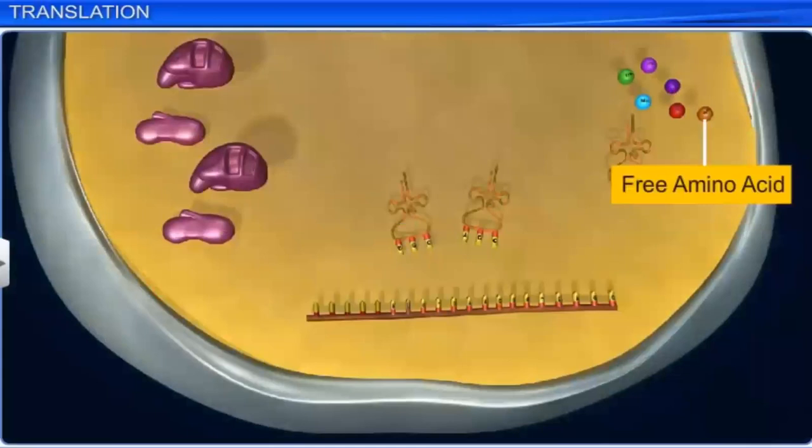What you see, these all are, we can say, the raw materials needed for the process of translation. As you see, this one is the mRNA. Just now we covered the process of transcription. We have learned it is prepared inside the nucleus in eukaryotes. Okay, while these are the ribosomes, various other units, subunits, they lie separate. They come together on this mRNA.